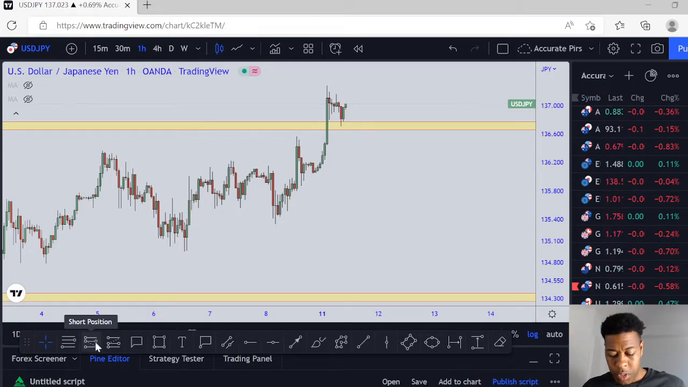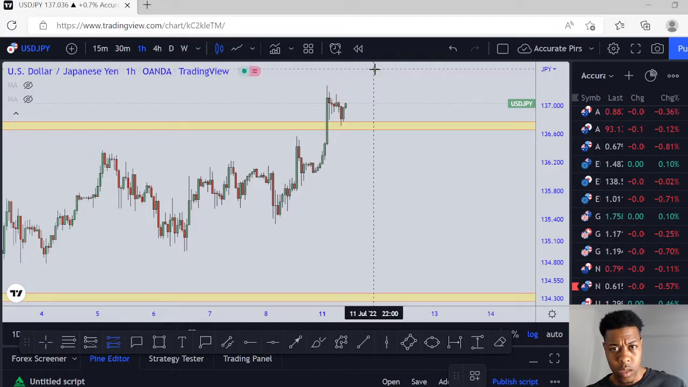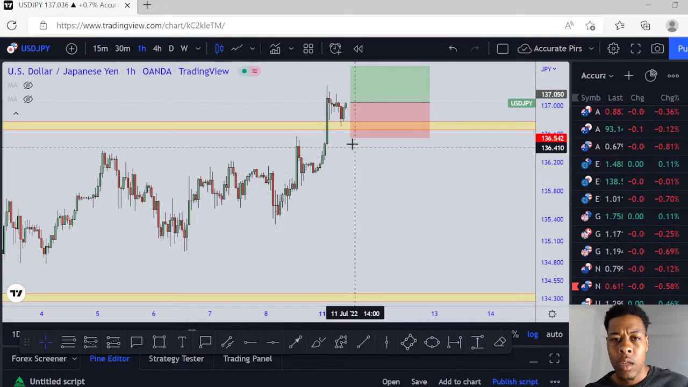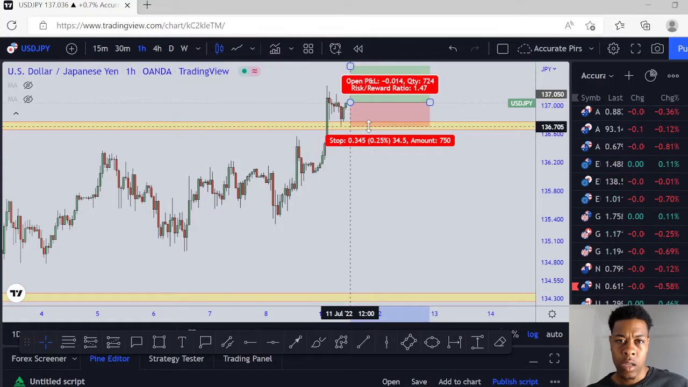So we've got USD JPY. We're going in for a buy right now. So I literally just bought USD JPY. Now basically this is a live trade I'm showing you right now. So what I normally do is I'm going to put my stop loss